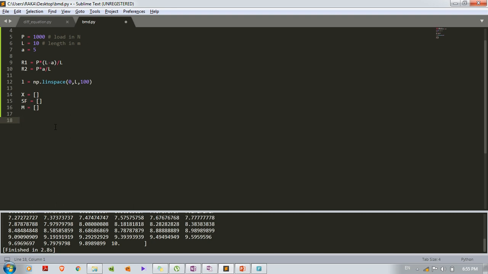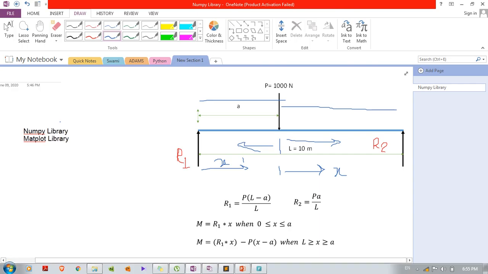Okay, so what will I do? I will use a for loop. For small x, I am considering one variable x in l. So x will extract values of l, then you have to put a colon, then enter. So these are the two conditions for m: when x is less than or equal to a and when x is greater than or equal to a.